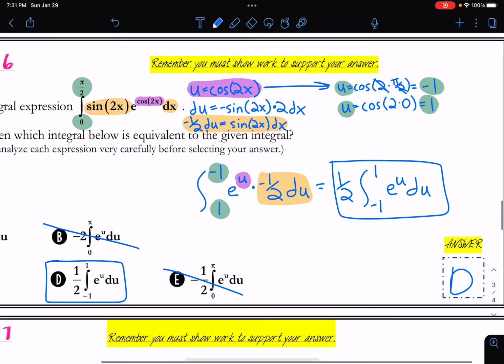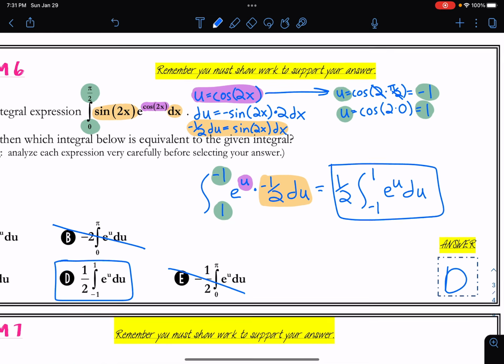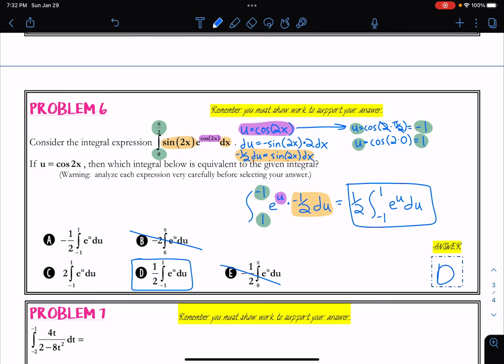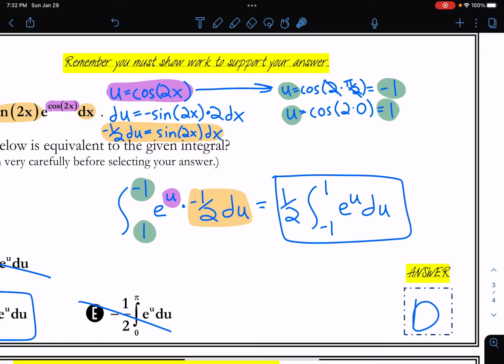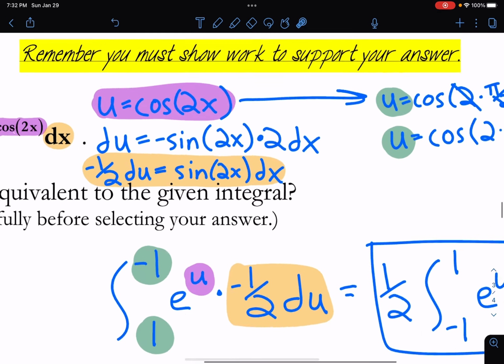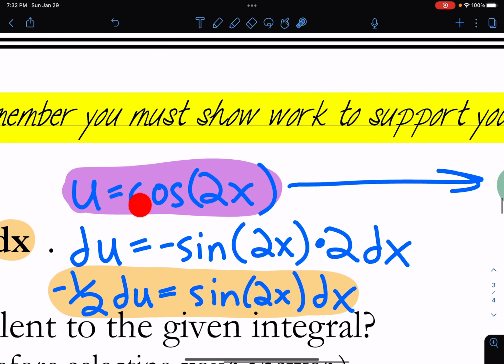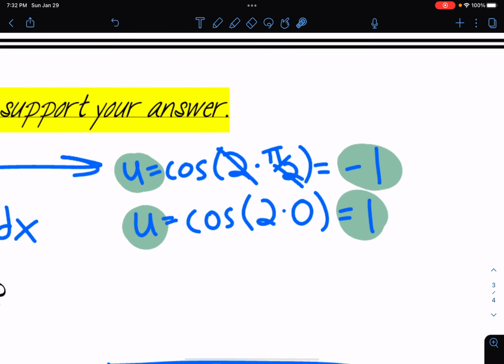Okay. So again, that one is very tricky, and that's why there's a little warning here. You have to be very, very careful, okay? There's a couple of places you can make a mistake with this one very easily. The first one, and the one that scares me the most, is that the derivative of cosine is negative sine. If you forget that negative, it could mess up all of your work. The other mistake,